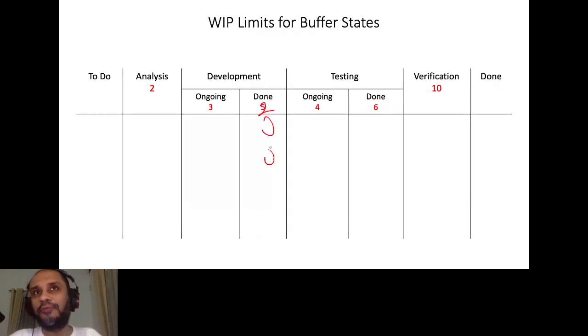That means we can have only a maximum of 2 in the done state. This will actually create a blocker, isn't it? Development is ongoing, and then development has finished something, but simply because there's a WIP limit of 2, development can't move that particular piece of work that they've done into the done column.